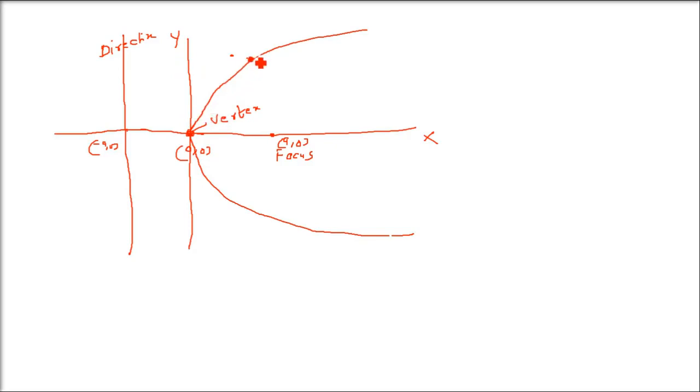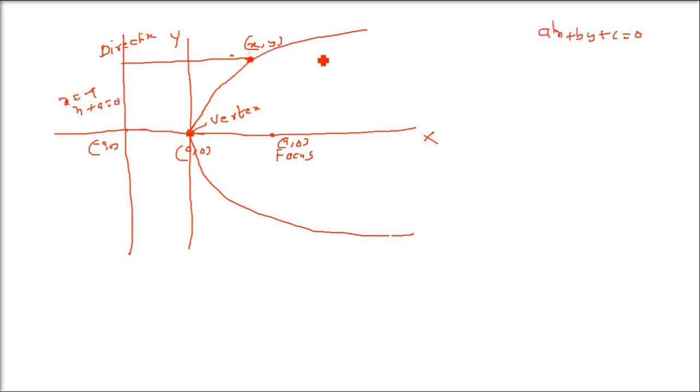Take any point, any point you can take. Now by the definition of a parabola, by the definition of conic sections, the distance of this point x, y from the directrix will always be equal to its distance from a, 0. So the equation of the directrix is what? Because it is at a distance a from the y-axis, it's minus a, 0, so x is equal to minus a here. So x plus a equals 0 is the directrix.